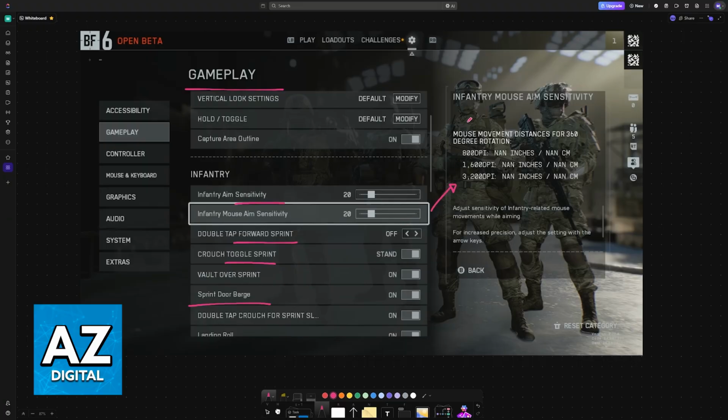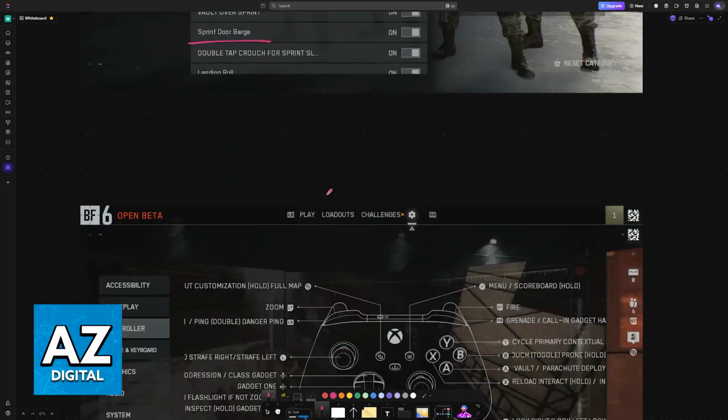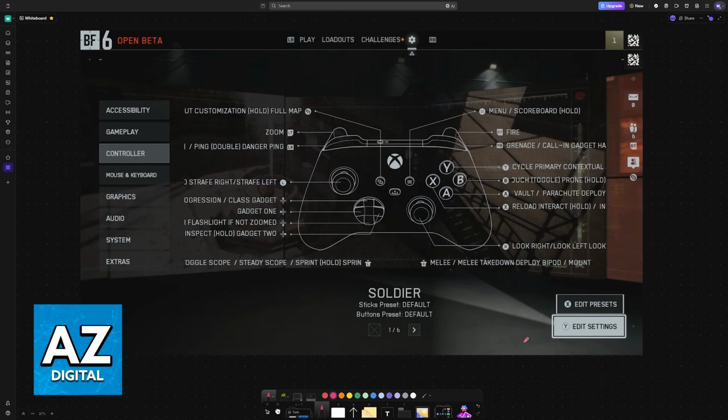Whenever you hover over a setting, there should be a description of that specific one at the right side of the screen. This will also be true for graphical related settings. So whenever you hover over one, they will show you screenshots of what the graphical setting is going to change inside of the game and how it is going to affect the memory being used.